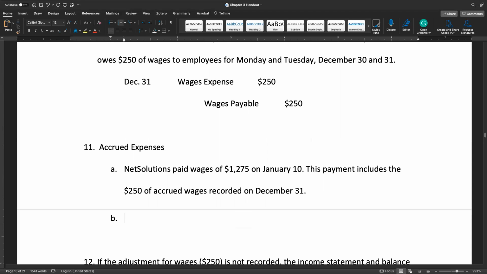Okay. So on January 10th, when we get there and it's time to actually pay them, and we have to record all the rest of this into wages expense, we already have $250 in there. And we have this weird $250 in wages payable, and we want that gone. Okay, we don't want to show that we still owe the money because we're going to pay them. So what we're going to do on January 10th,